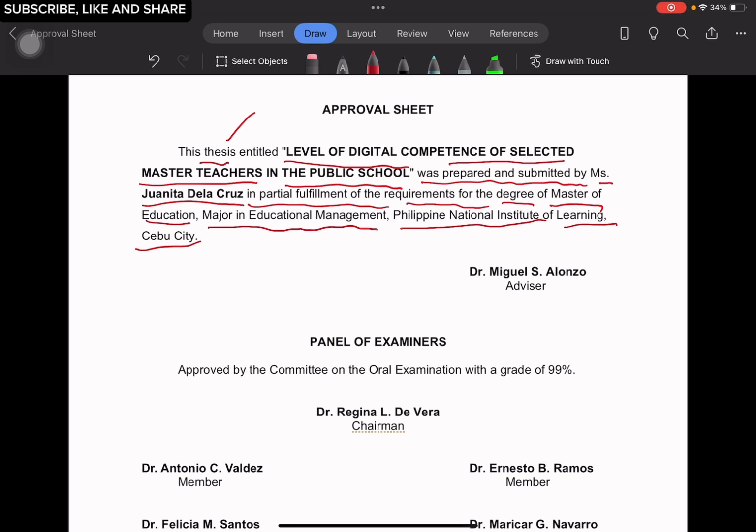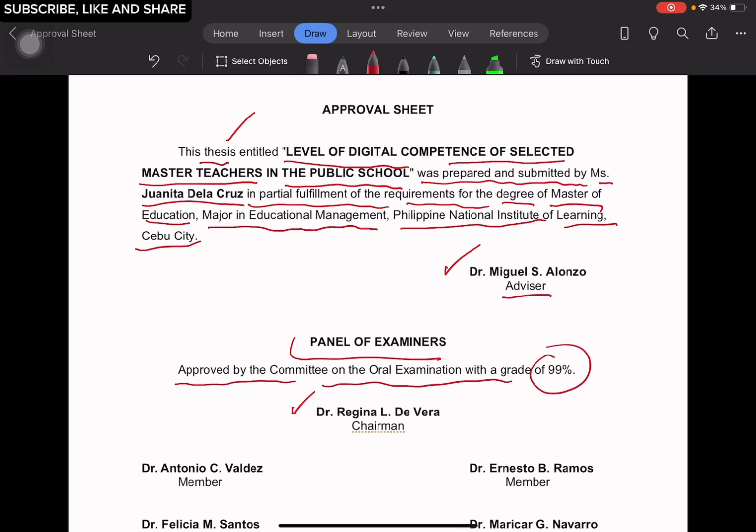And then the next example that I will be showing after the discussion of this particular example will be something that you need to analyze and try to spot and identify the errors on. So that will come after this discussion. So again, this is fictitious: the advisor, panel of examiners.